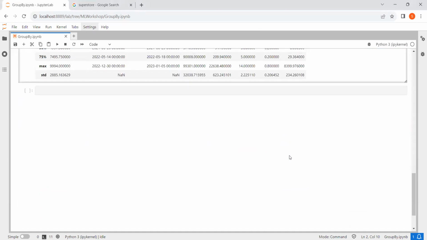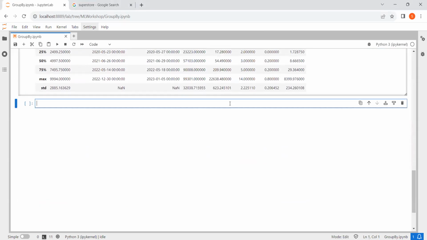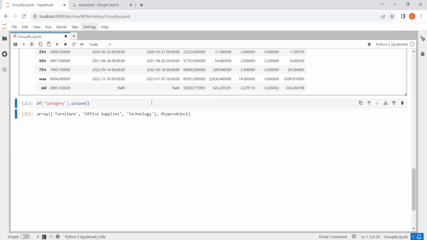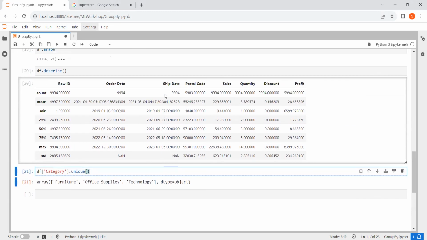We will do something which we already know. We'll take this column which we want to use in our group by and call unique, so that we know how many categories are there. And then we have another column,